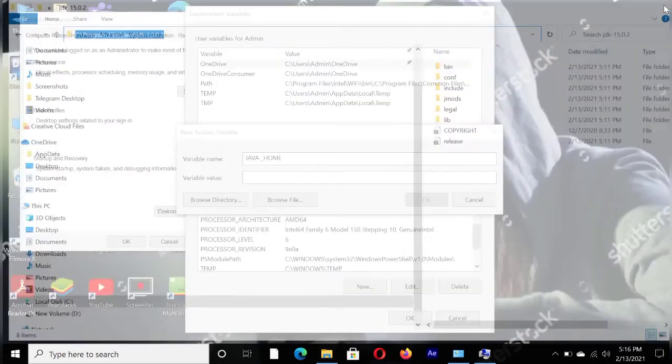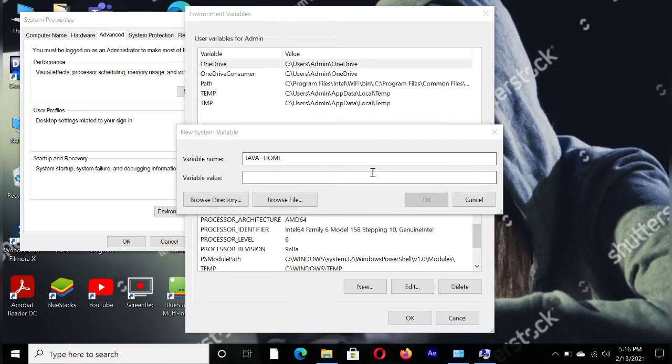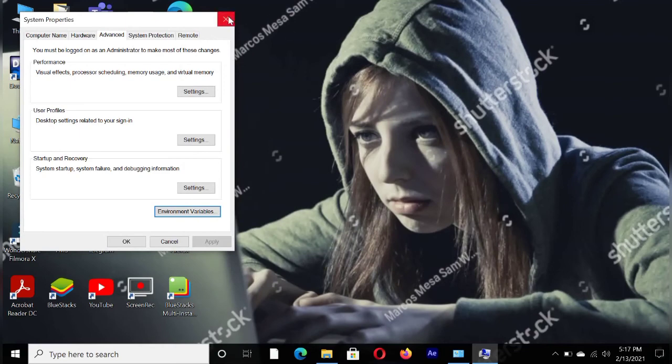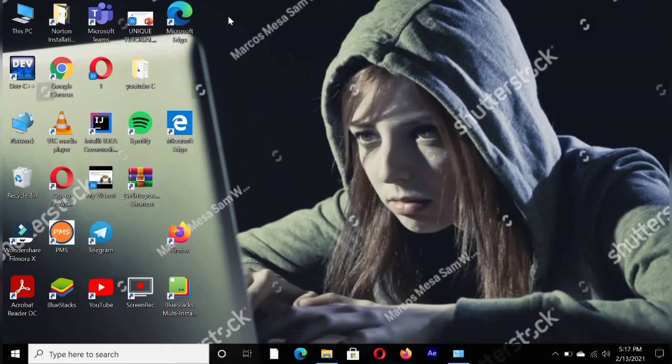We don't have any use for it again. Now I am pasting that path as the variable value by pressing Ctrl V. See here, we can see the variable value. Click on OK. I am closing all these windows. Done with this.